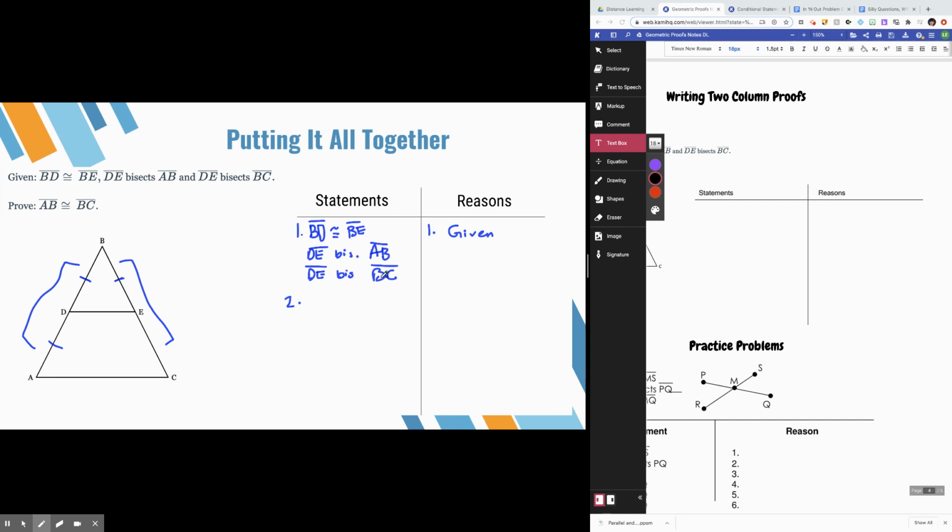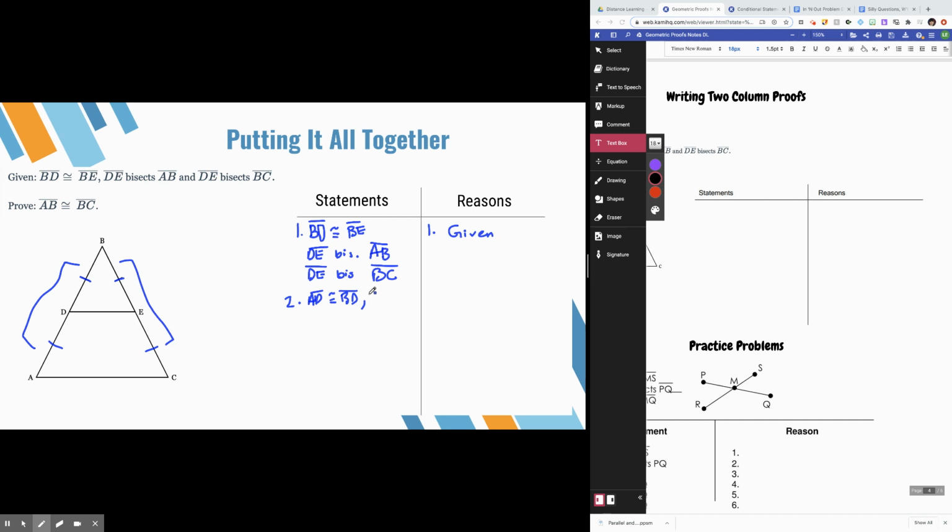Okay, so I can also do the same thing with the other side. If DE bisects or cuts CB or BC in half, then that means this part, BE, and this part, CE, have to be congruent. Okay, so that's what I'm going to write, that AD is congruent to BD,